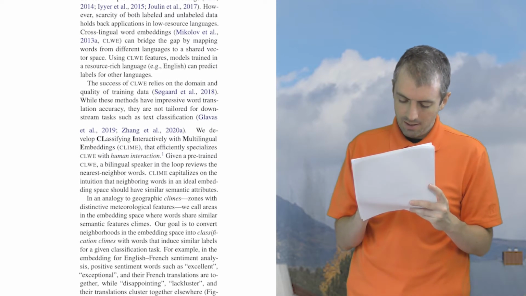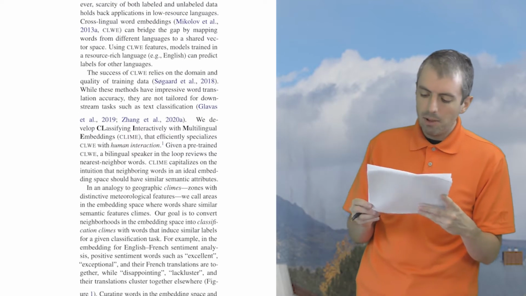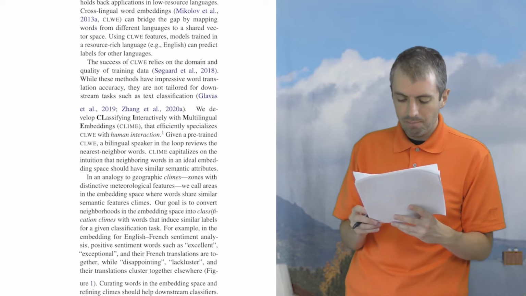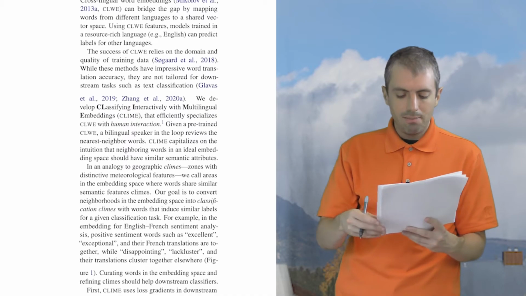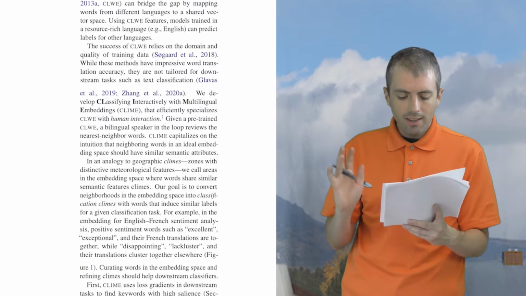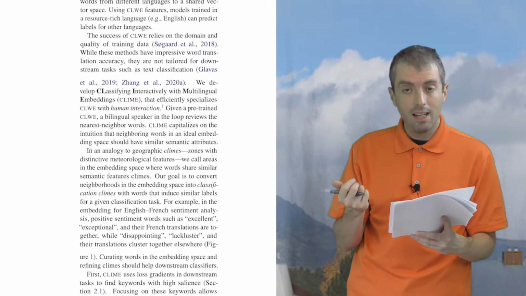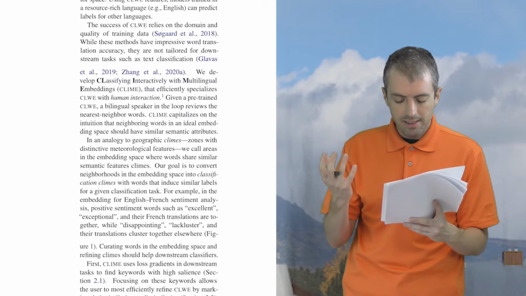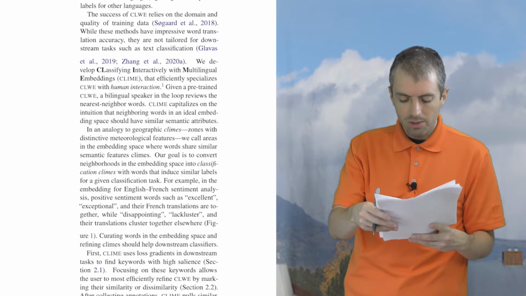neighbor words. Climb capitalizes on the intuition that neighboring words in an ideal embedding space should have similar semantic attributes. In an analogy to geographic climbs, zones with distinctive meteorological features, we call areas in the embedding space where words share similar semantic features climbs. Our goal is to convert neighborhoods in the embedding space into classification climbs, with words that induce similar labels for